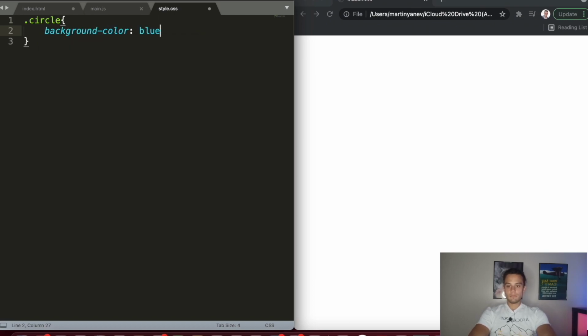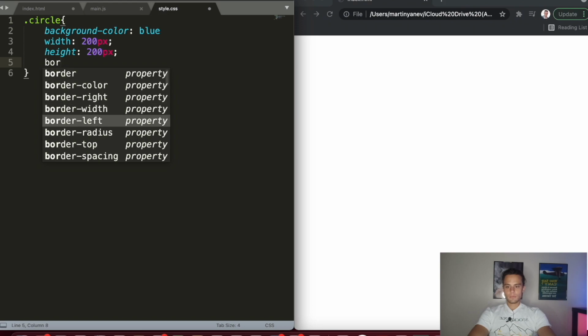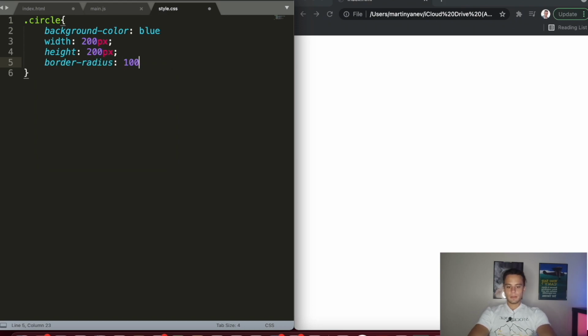It's gonna be blue. And also let's add width, and the width is going to be 200 pixels, okay? Then let's add height, which is going to be again 200 pixels, as this is a circle. Then let's add border radius, which will be 100 pixels, and then a margin, which will be 50 pixels, and then let's write auto. Okay, so this is our CSS file, guys, and this is the circle with all its